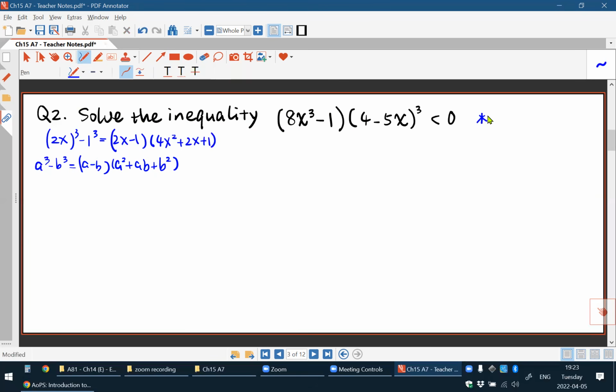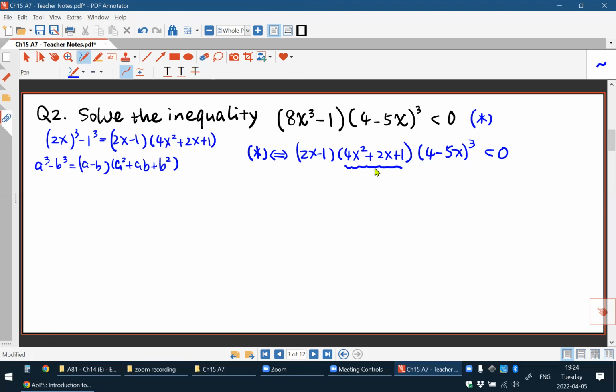Okay, so let's call this a star. Then the original expression asterisk equals 2x minus 1 times 4x squared plus 2x plus 1, right? Then times 4 minus 5x cubed less than 0, right? Okay, next, it seems that